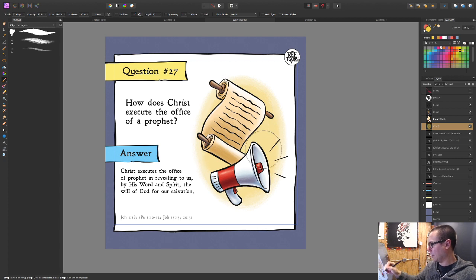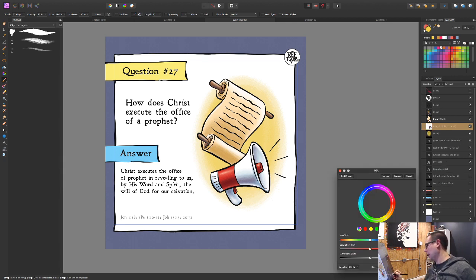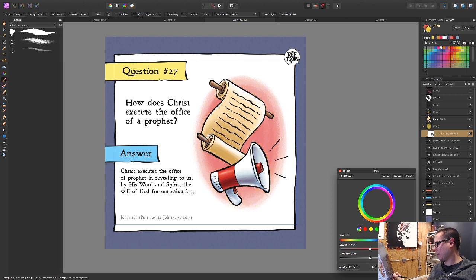Oh, I think I can fix that. Do not like that. It's too mustardy. Honey mustard. So we'll do a purple. Purpley color, but like a faded purple. Yeah, I like that.